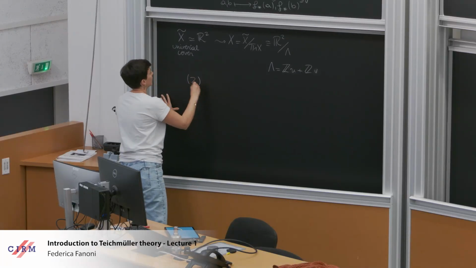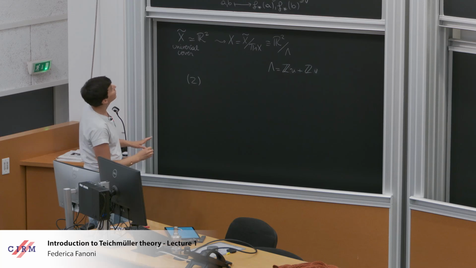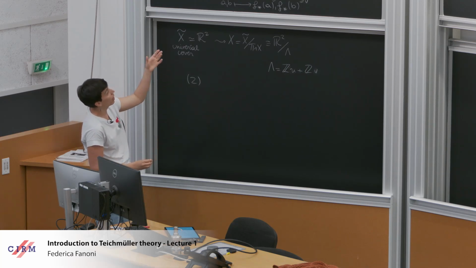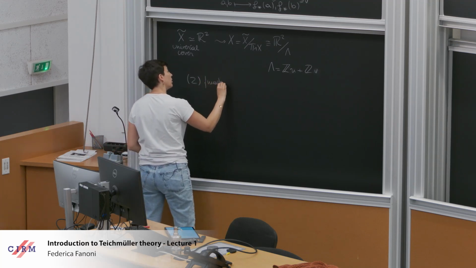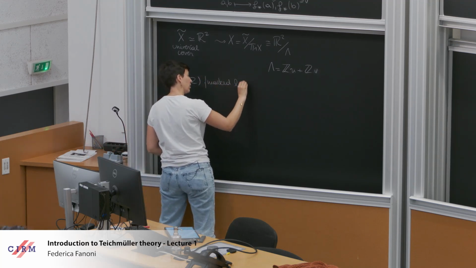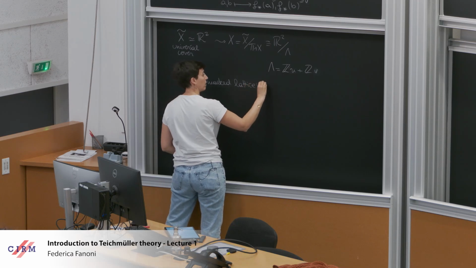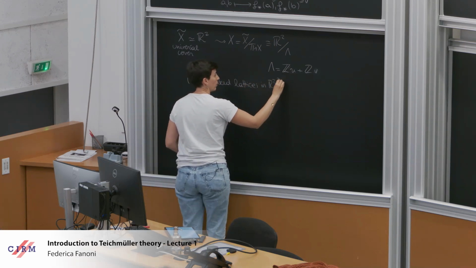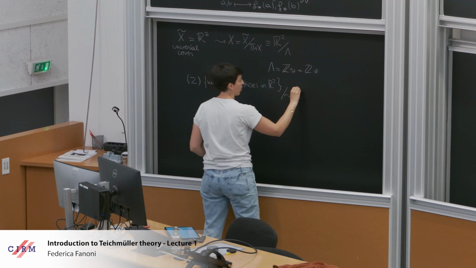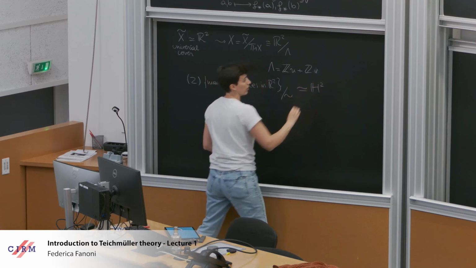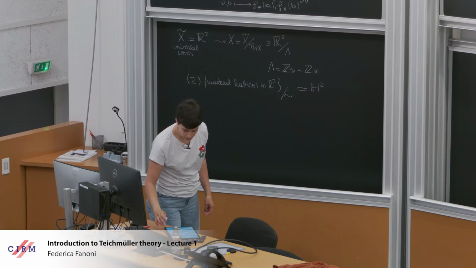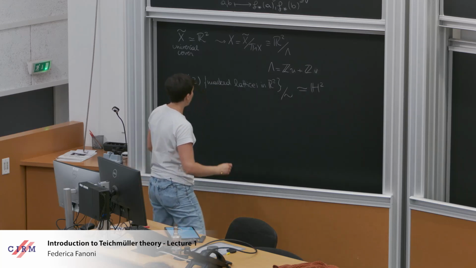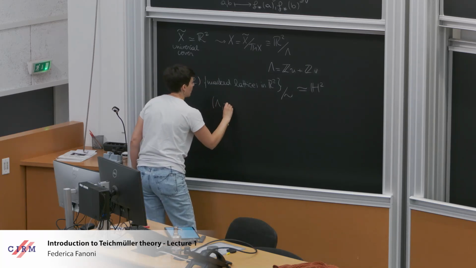This is one thing, and then the other thing is now I want to give a parameter space for these marked lattices, modulo the same equivalence relation. Now I want to put this in correspondence with hyperbolic space, and what I do is that if I take lambda with two generators u and v,